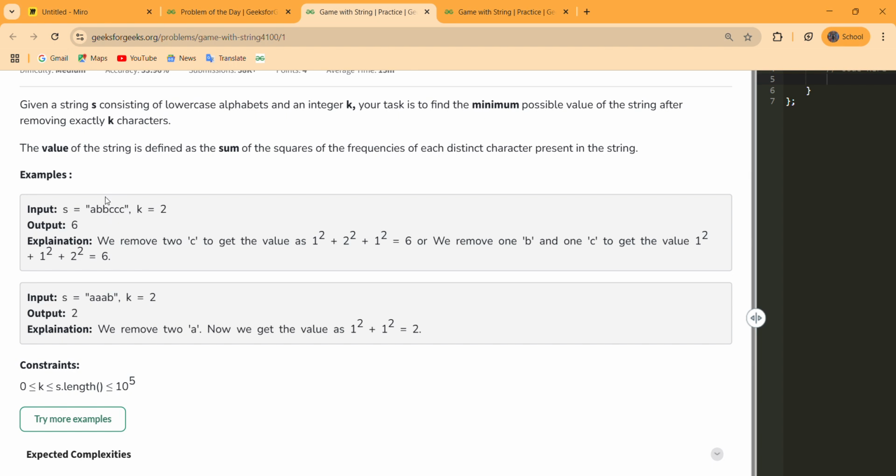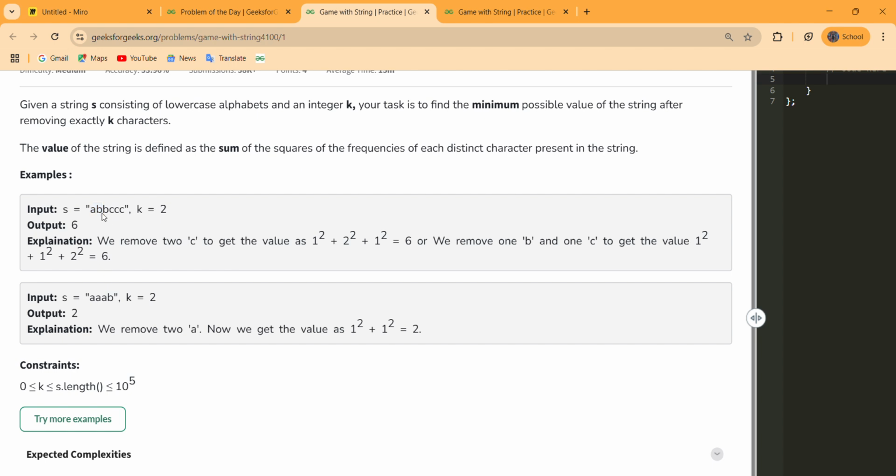And let us suppose we delete A and B, then the frequencies will be 1 and 3. This will not be a favorable case, because we have to minimize the sum of squares of frequencies of each distinct character present in the string.